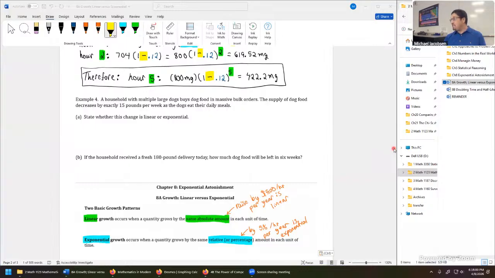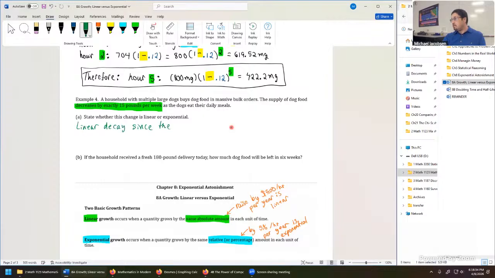I agree with Echo. This decay this time is going to be linear altogether. Again, our author only gives growth in his overall definitions, but something is decreasing, so we would call this really linear decay. It says decreases not by a percentage, but by an absolute amount, the same exact amount every single week. So we can say linear, and I like the word decay that you mentioned, linear decay,